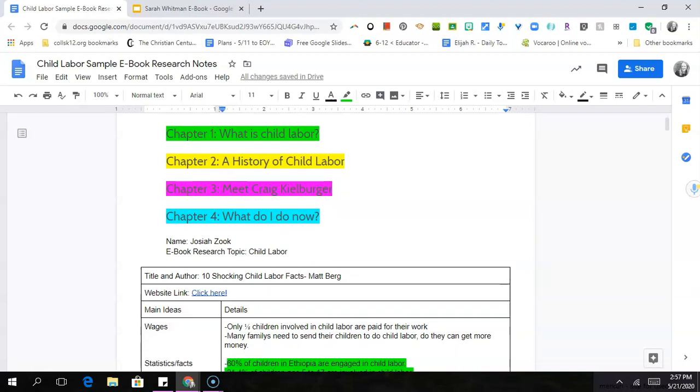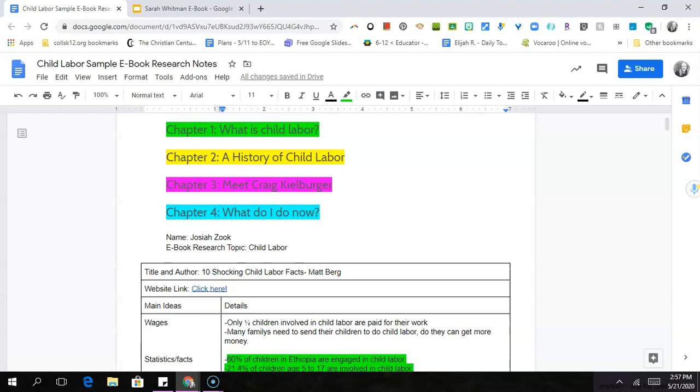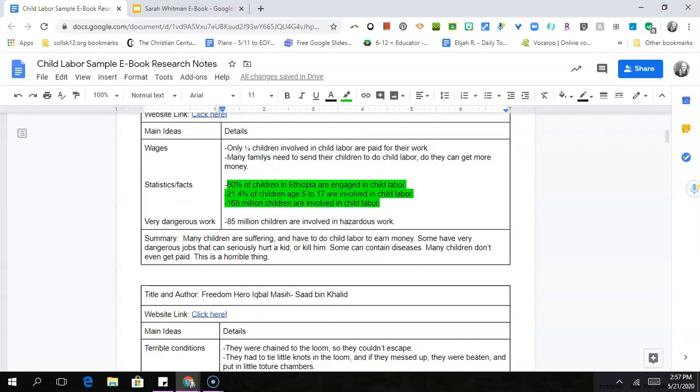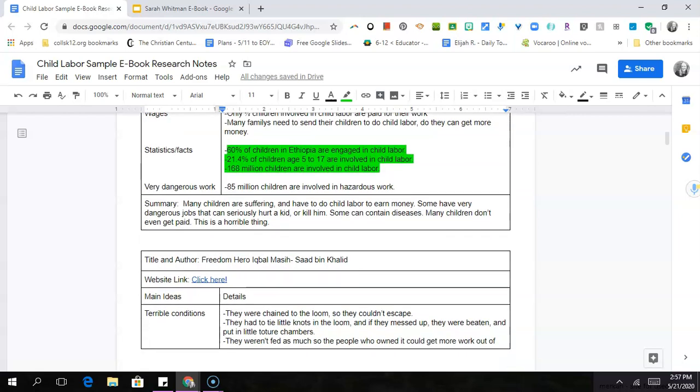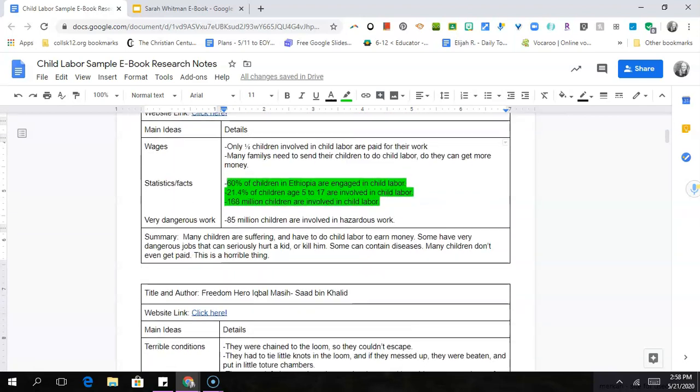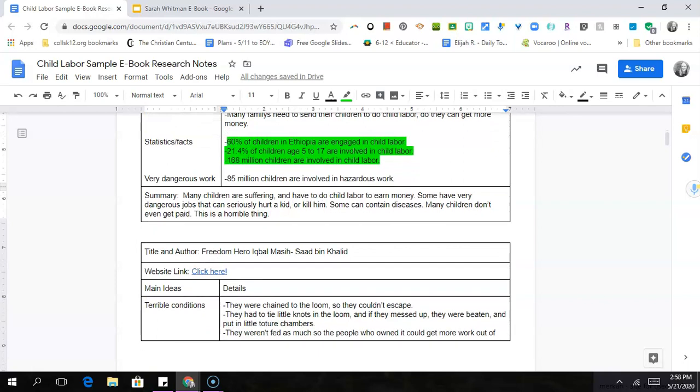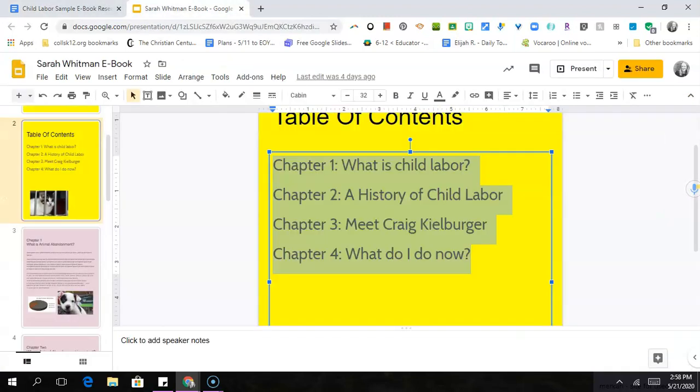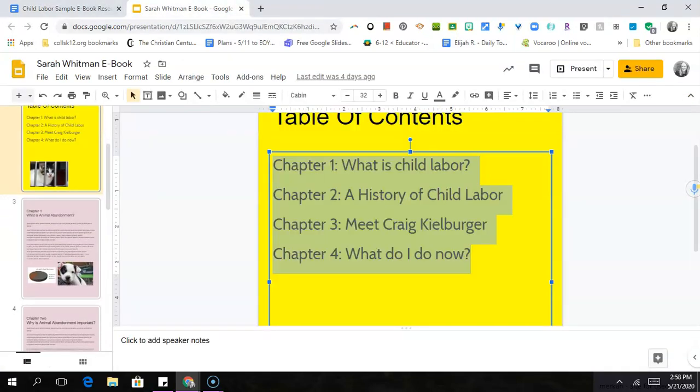So once I've done that, let's pretend I finished that and this is all different colors. My next step is to think about all the things that I highlighted in green and how can I incorporate them into my chapter. So I want to start just like I would if I was writing an essay with some kind of an interesting hook. So for example, I might even start with this statistic. 168 million children are involved in child labor. And assuming that's a current number, that would be an interesting way to start things off. So I could say something like, maybe I want to find out how many children there are in the